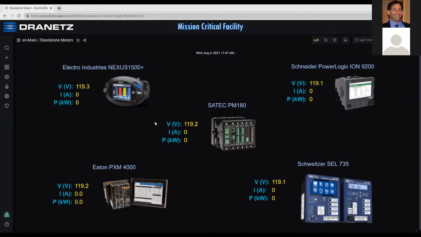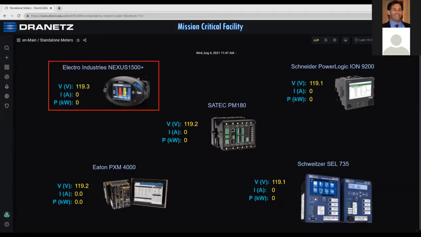So being able to pull in this data as well is an advantage. You may have a system in which there's no DranSCADA meters at all, but the user wants a very attractive information platform to pull all that data into a single place,